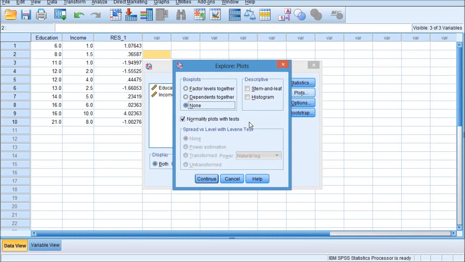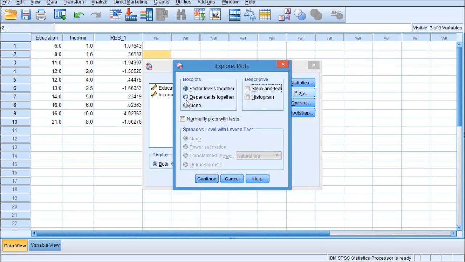Okay. Please make sure you mark this Normality plots with tests. This is the test of normality. Initially, it may look like this. You should unmark everything here.